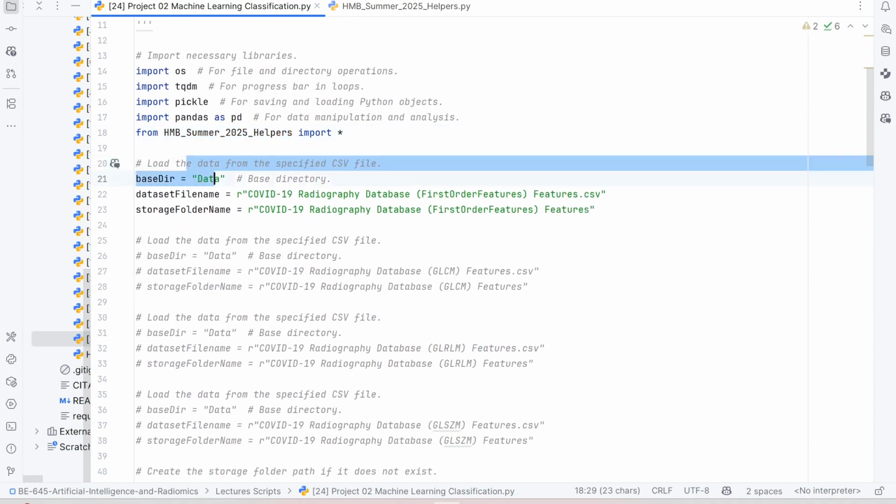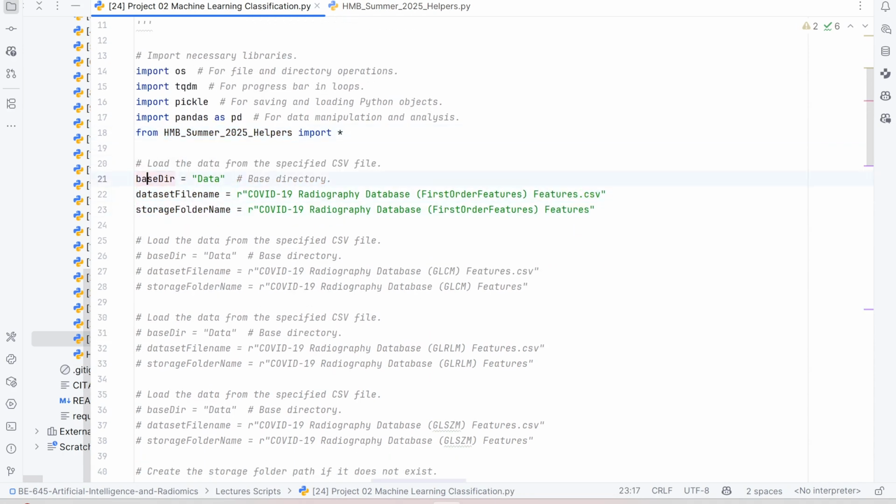We first defined three variables: the base directory, where the data is located. Then we defined the dataset file that was created based on which feature we are going to extract. And then we are defining a variable where we are going to store the data and performance matrix that will be generated later. So this file should be in this directory. So if you are going to put this file in a different directory,